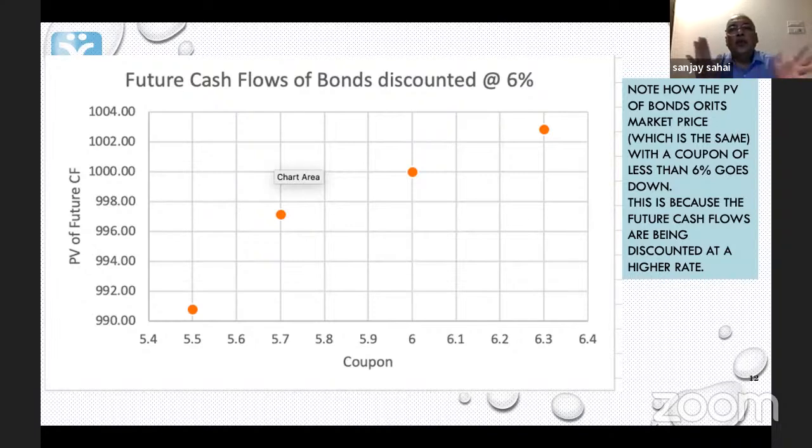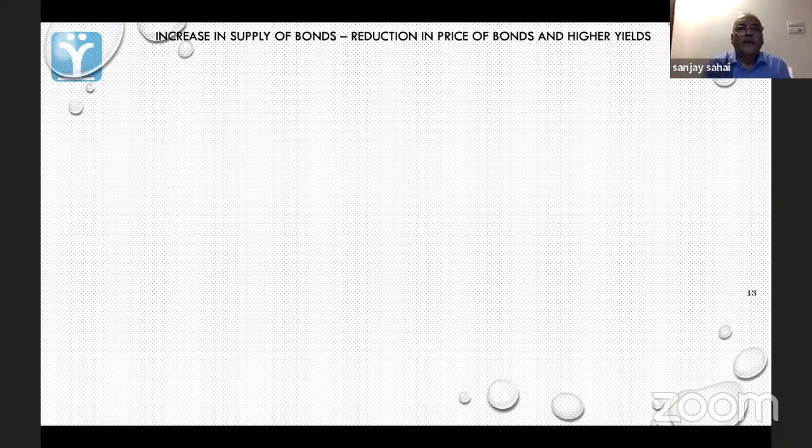Because ultimately what you are learning here is that if I want to understand how valuable something is, I have to understand it in terms of the future cash flows. If I know what the future cash flows are, if I know what the proper discount rate is, then I am in a position to find out what the price is. This is the basic lesson in all this. Now,